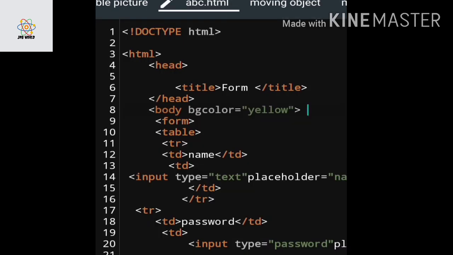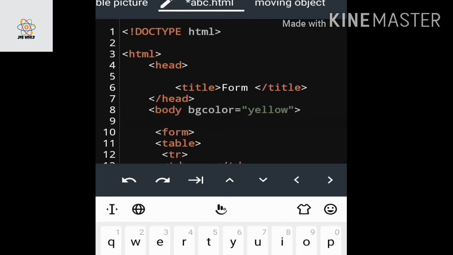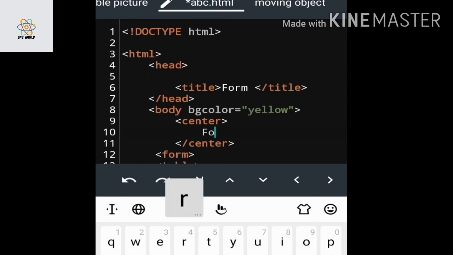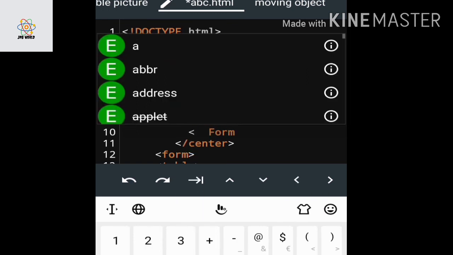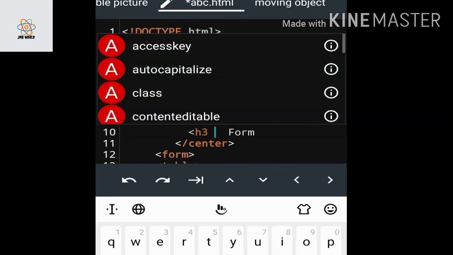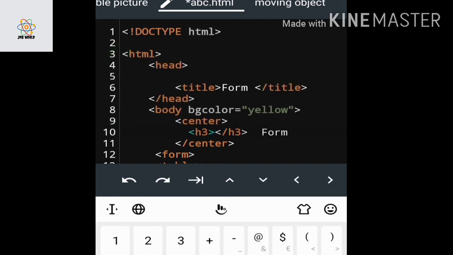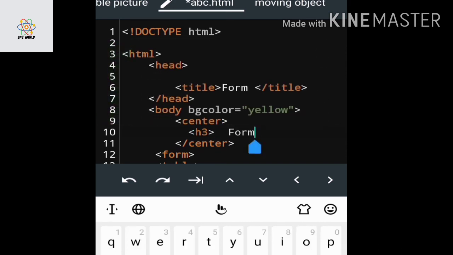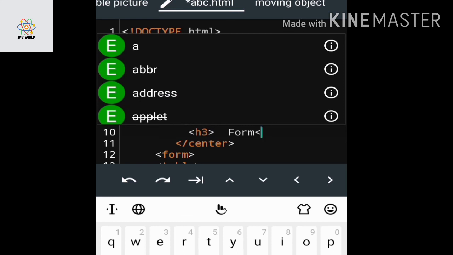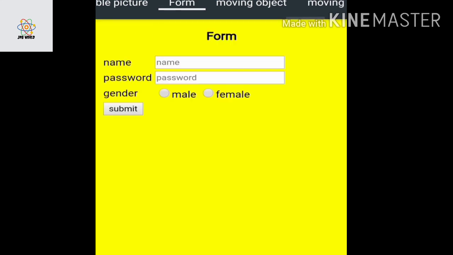And before creating the form, one extra tag is there, which is center, and the heading should be, say, H3. So see now, see the form.